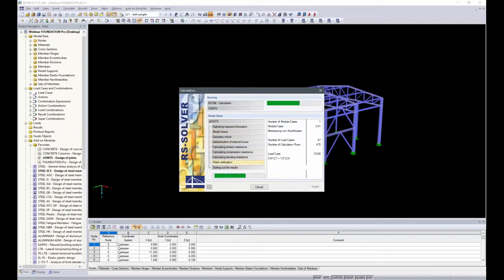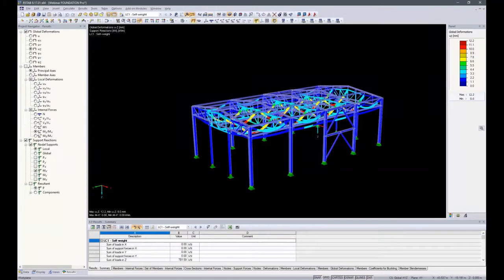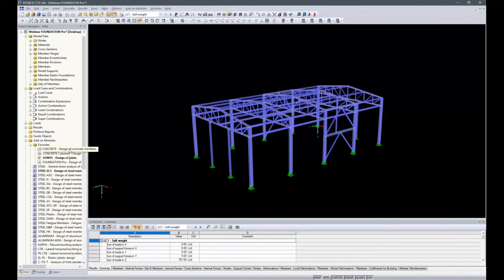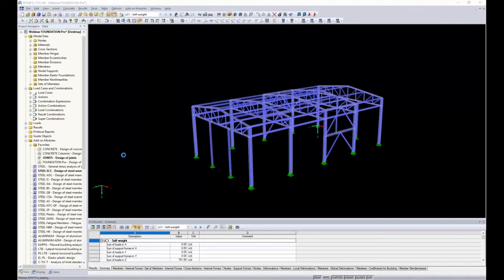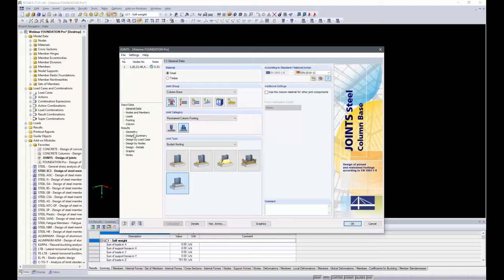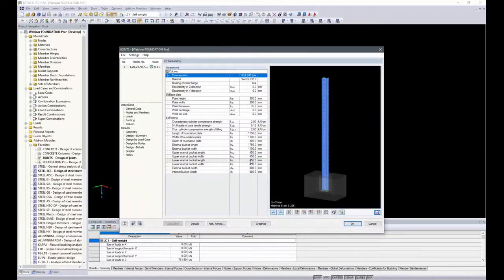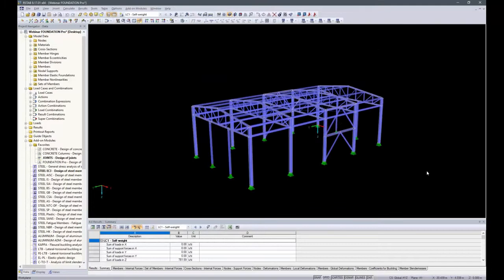Okay, now the program is done with the calculation. I go into Joints again and go to the geometry, and the internal and external bucket depth is at 800 millimeters, 0.8 meters. Okay, with that I can go into Foundation Pro,